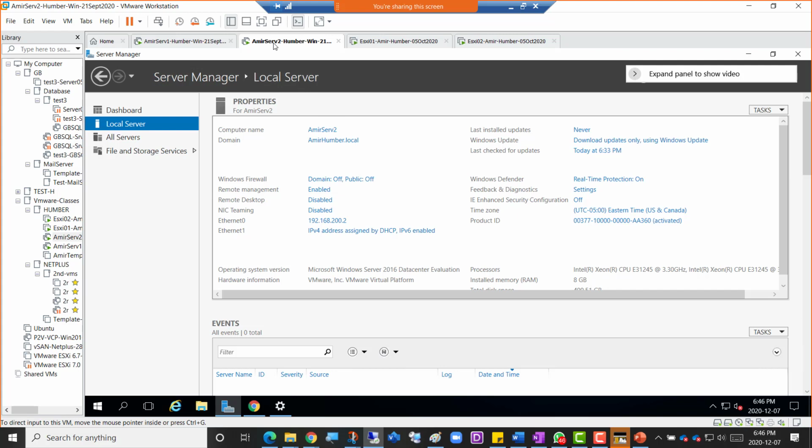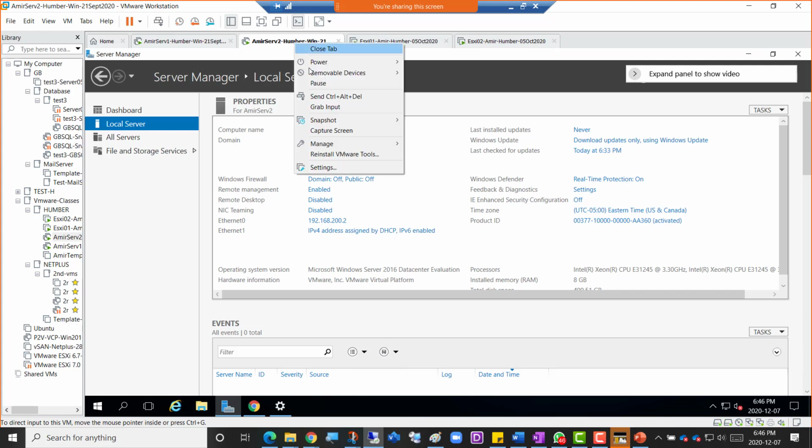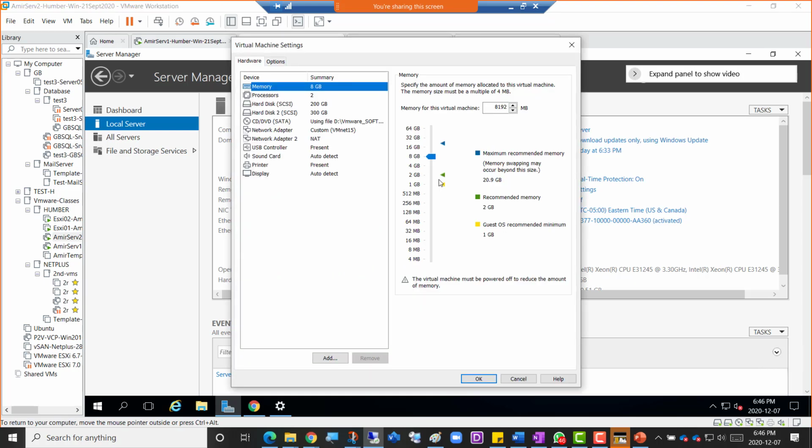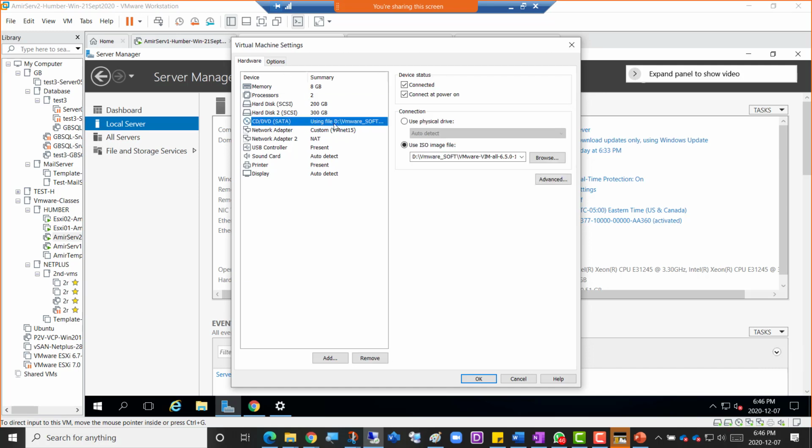So I'm going to right-click this machine here and go to Settings. Then we need to go to CD/DVD, right? Why do we need to go to CD/DVD? We need to check whether the same ISO file with which we installed the vCenter is still mapped here.